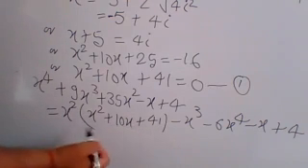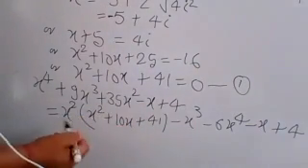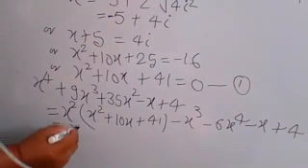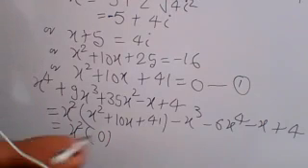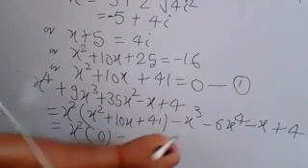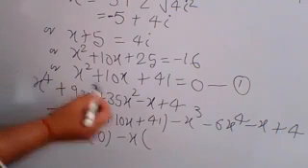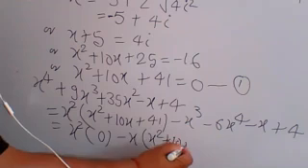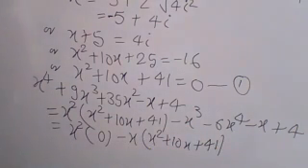Now, from equation 1, this value is 0. So x square into 0 becomes 0. So here you can write 0. Here you have x square into 0. And here you write minus, and again in place of x cube you write x into the values from equation 1, which is x square plus 10x plus 41. And check it.